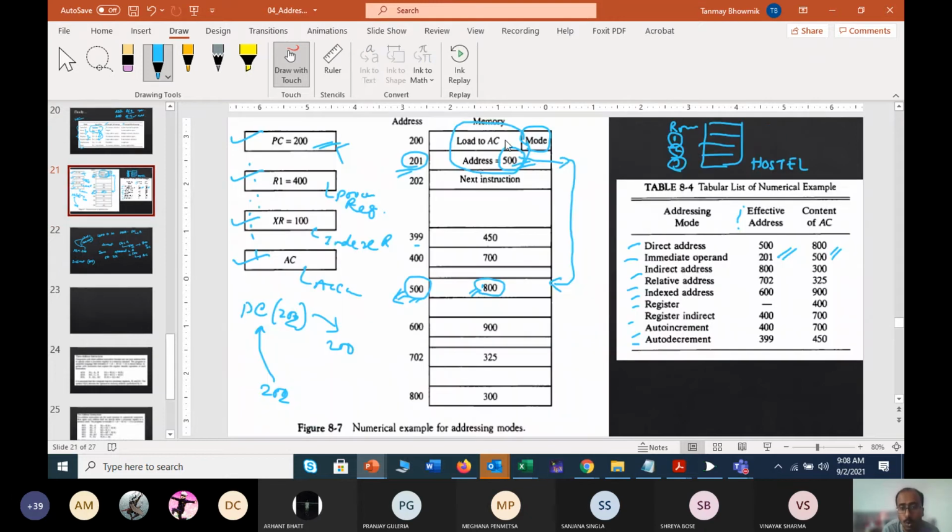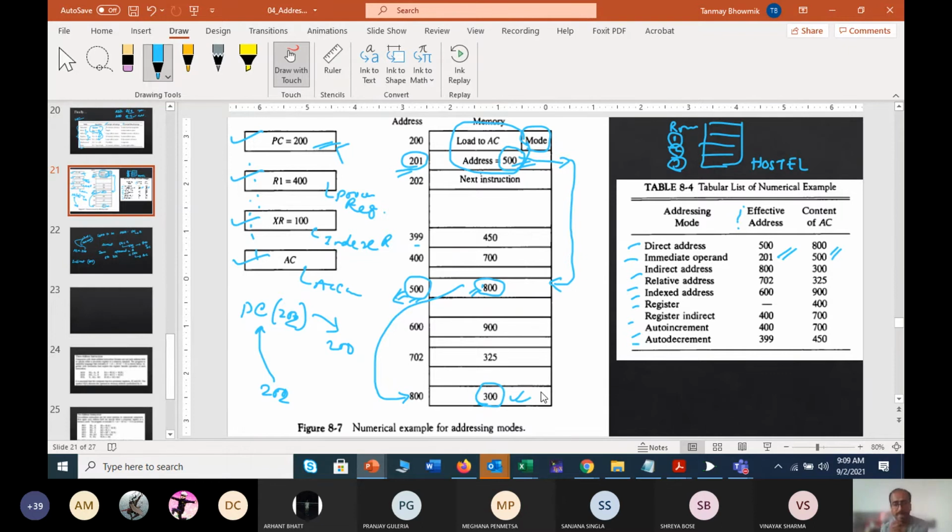So what will you do? Load to accumulator, address equals 500. So 500 itself holds another address at that time. You will directly jump to location 500. In 500 you found the address 800. Then you will jump from here to 800, and this data you will fetch as your content or as your operand.